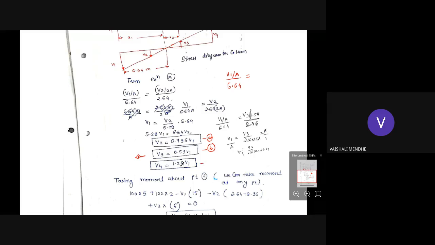Now V4 1.26 V1. V4 के लिए again you have to use this relation V1 by A divided by 6.64 is equal to जो V4 का relation है. Okay, that is V4